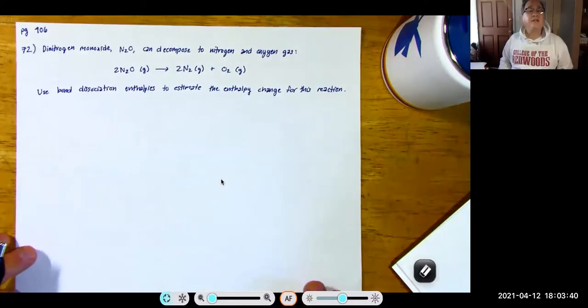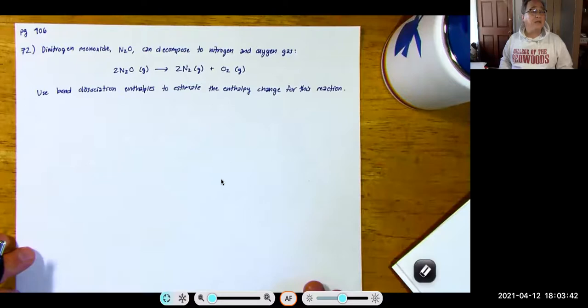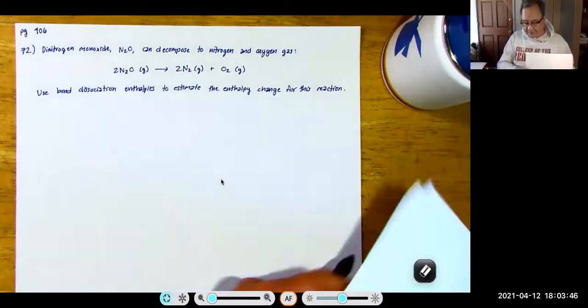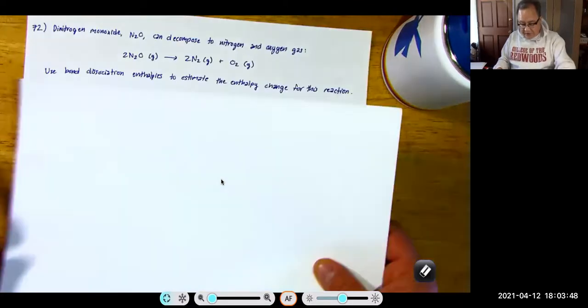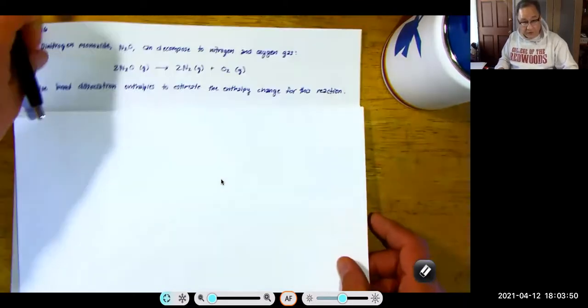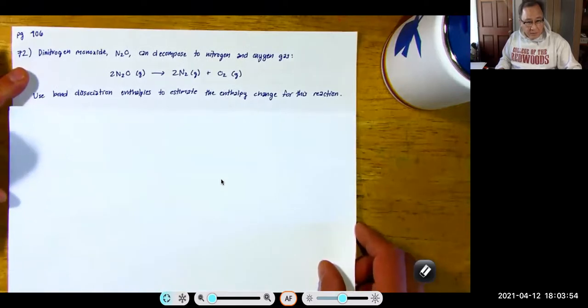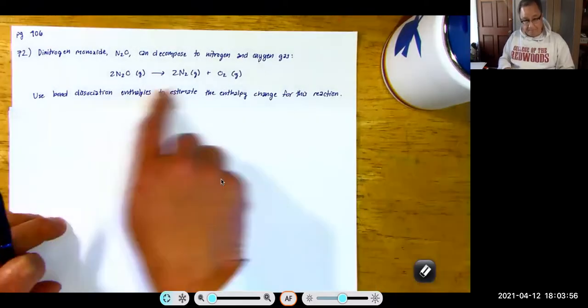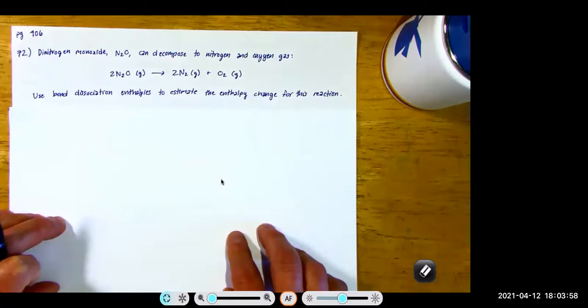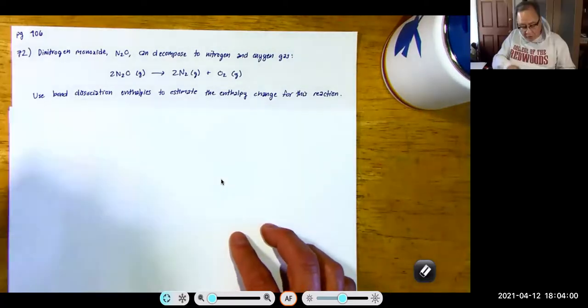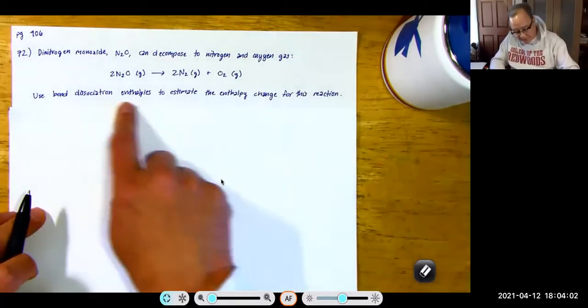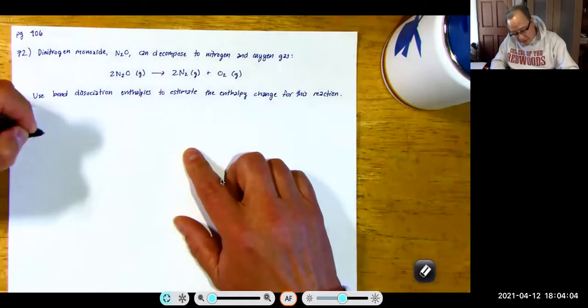Okay, can decompose, use bond dissociation enthalpies. Okay, so you know the equation we're going to use. Can you see the problem as written? Yeah. Great. Okay, so if we're going to use bond dissociation enthalpies, we're going to say that the